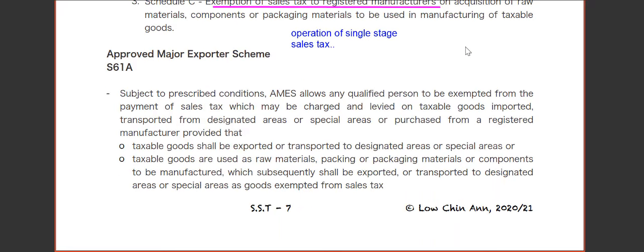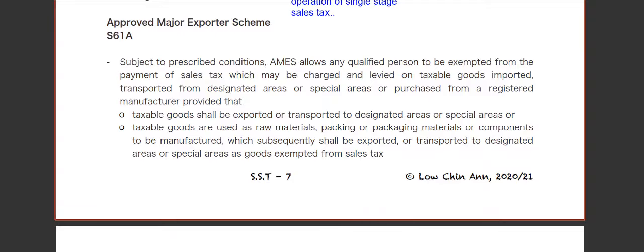Okay, now we also have this thing called the Approved Major Exporter Scheme. Now basically under the Approved Major Exporter Scheme, if you're a qualified person, right, you will be exempted from the payment of sales tax, which may be charged or levied on the taxable goods that you import. So when you import the goods, normally you have to pay sales tax, right? Now, but not only imported goods, but also goods that are transported from designated areas or special areas, or bought from